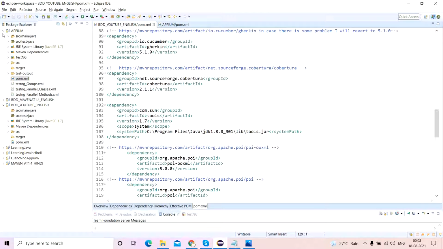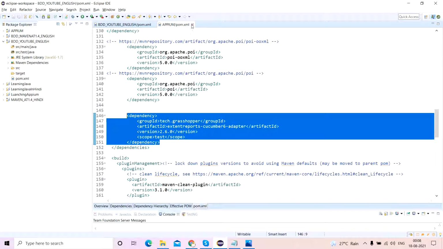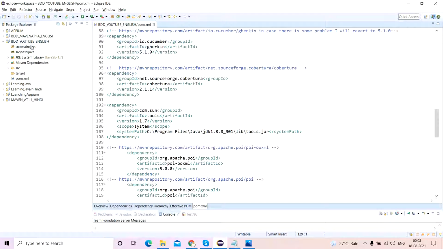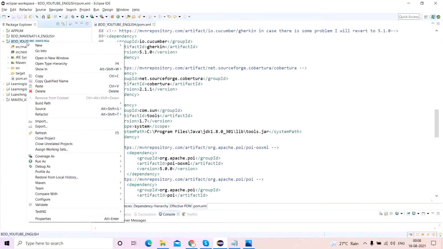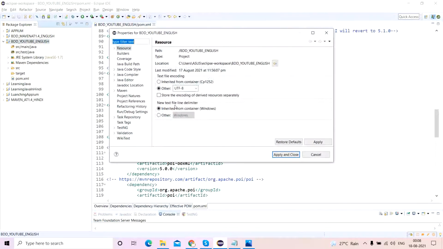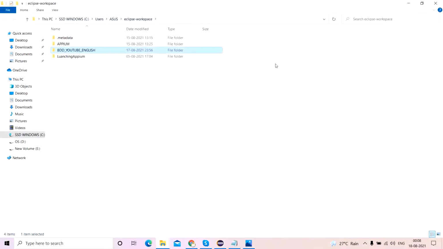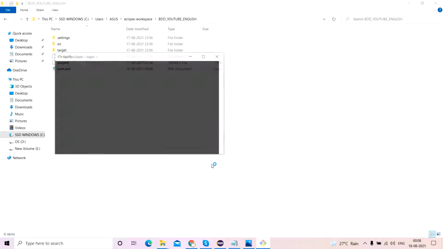Now, what I'm gonna do is close this. I'll go to the YouTube video folder, go to the properties, and go to the directory. Then I'm gonna go to Git Bash.